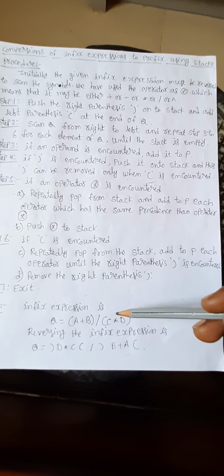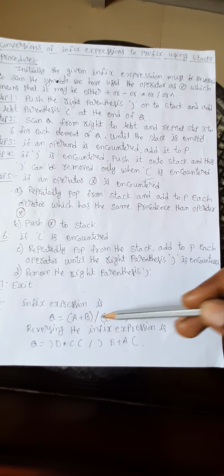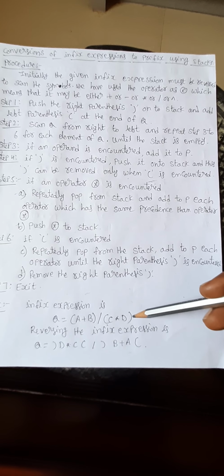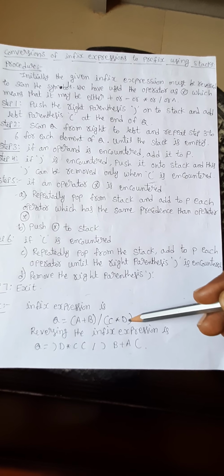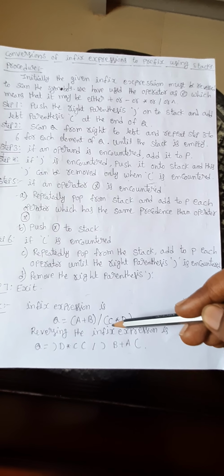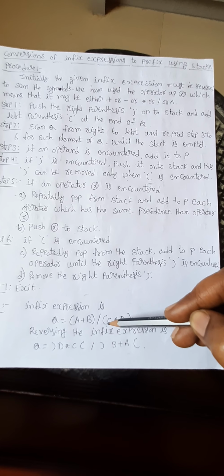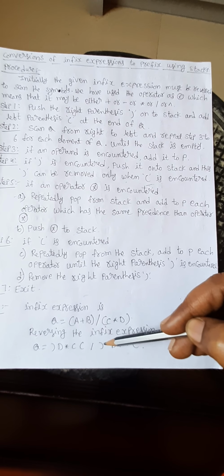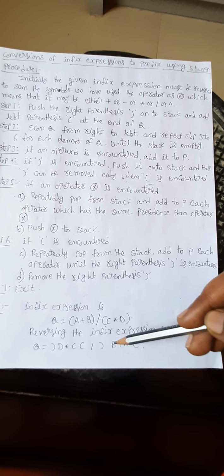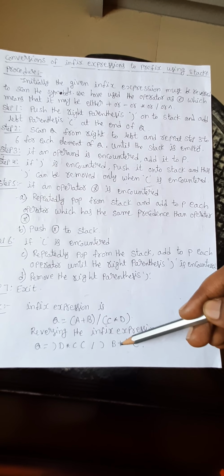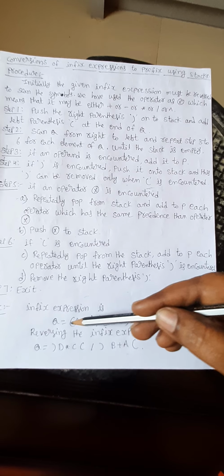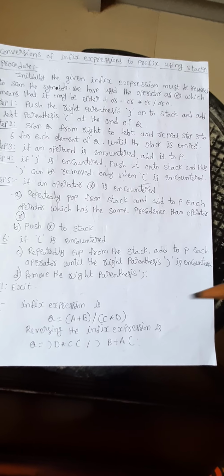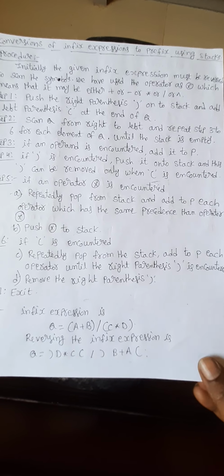And see here, this is the infix expression they have given, Q equal to (A plus B divided by C) into D. When we reverse that, we will get: first this will be scanned, and after that D, and after that the multiplication symbol, and after that C, and after that this bracket, and next the division symbol, and next the closing bracket, that is the right parenthesis, and next B, and next plus, and after that A, and after that the left parenthesis. Like this we can reverse the infix expression so that we will get the prefix expression.